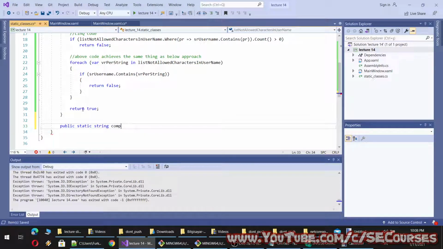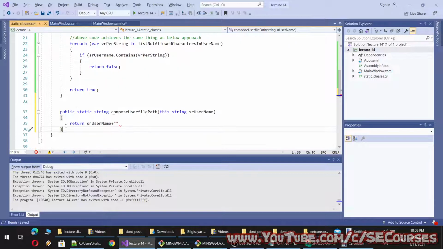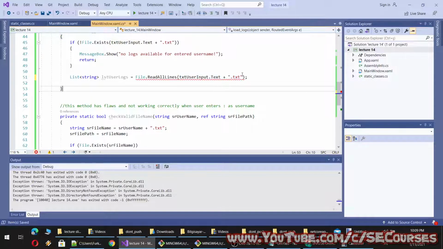Let's say ComposeUserFilePath. Here it will take a string as an input, and simply it will return sr username plus .txt. You might think this is so simple, why should we use this? Because if you decide to change, let's say, the file extension or how the file name is composed, you would have to change it everywhere in your software.